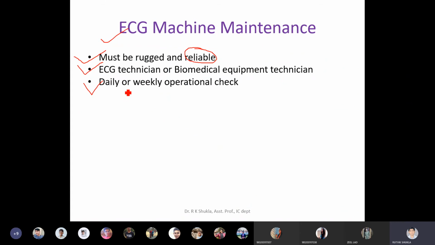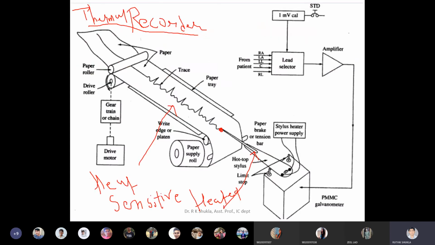Maintenance is required daily or it may be a weekly check. So what are the steps for checking this? These are the predefined checks. આ બધા predefined હોય, આમાં કોઈ change ના કરવાનો. આમાં 7 step આપેલા છે. But that again depends upon the type of machine. આપણે આ machine ની વાત કરીએ છીએ. We are talking about this particular machine.